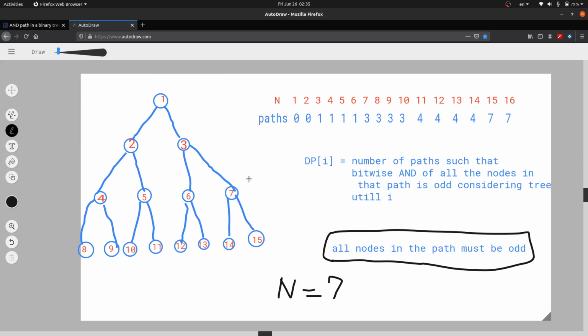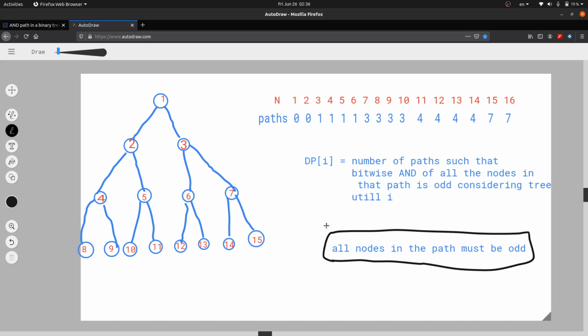So if we have started from 7, then we cannot go down the tree. Why? Because if we go down the tree and we have started from an odd node, then its child must be even. So we have to go only up the tree. First thing is this.